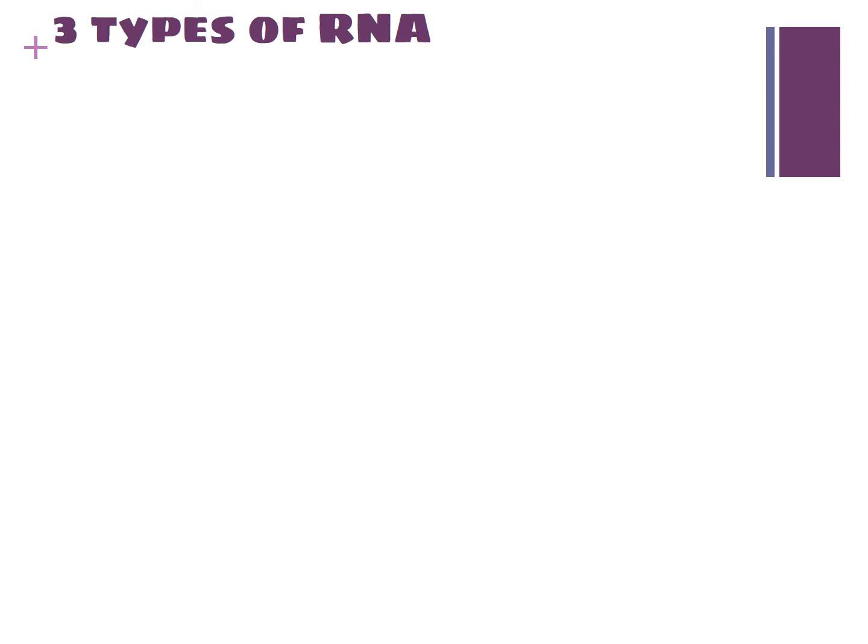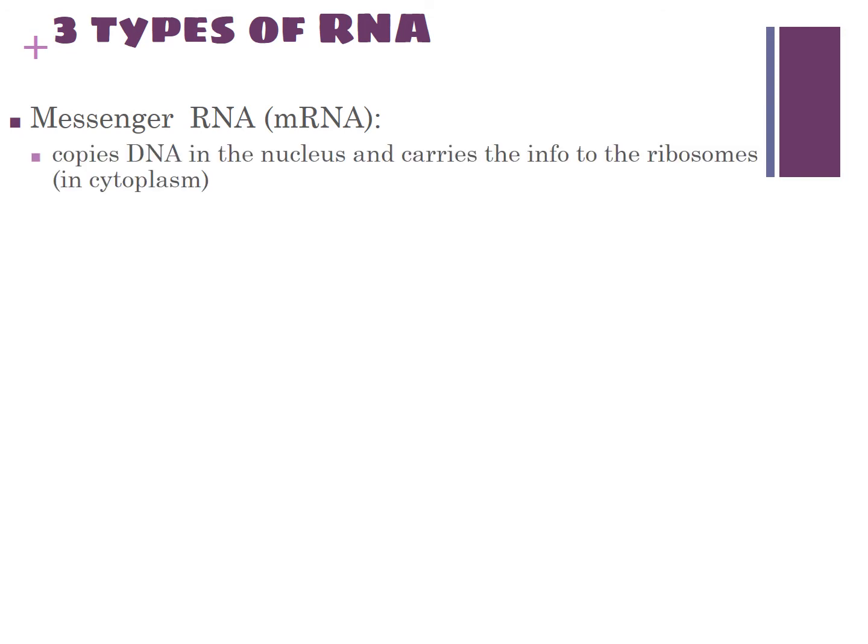All right, so you filled out your Venn diagram. Let's go on to the 3 types of RNA. The first type of RNA is called messenger RNA. This is literally the message that the DNA is going to send out into the cytoplasm to the ribosome. Messenger RNA's job is to copy the DNA message in the nucleus and take that information out into the cytoplasm